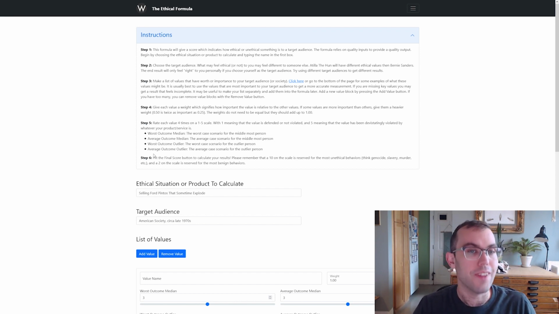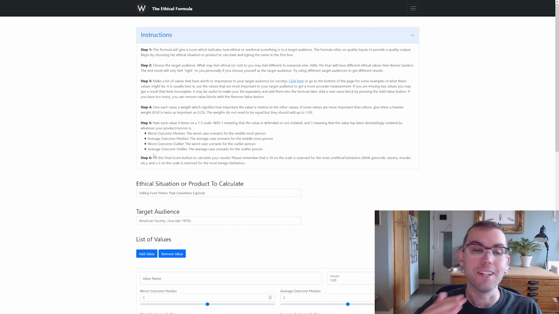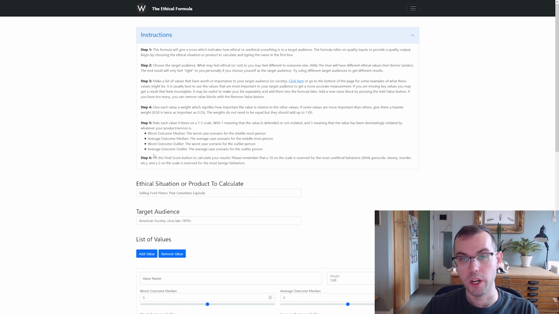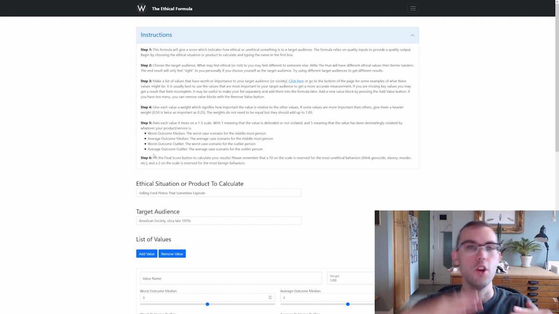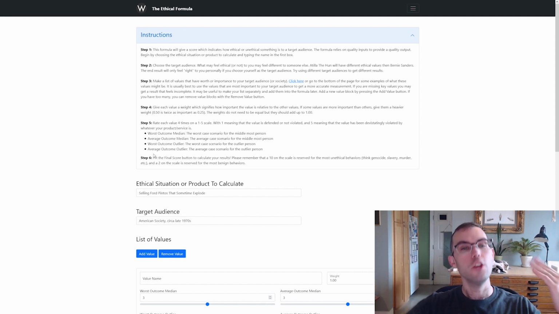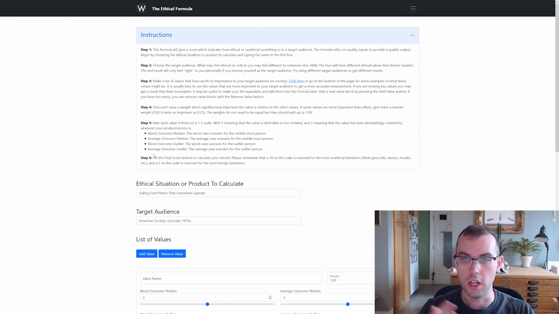One of the fun advantages of this is that you can run this for different target audiences. So for example, let's say we have a certain app and we want to run it for American users versus Chinese users. Here in America, we think freedom of speech is really, really important, whereas in other countries, social cohesion is more important. So even in our modern day, if we're not going as far back as Attila the Hun, there's still going to be differences between our target audiences. So you can use different target audiences to get different results and see what works and what doesn't.